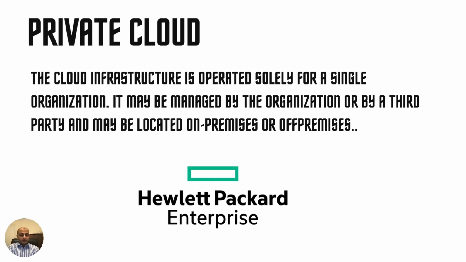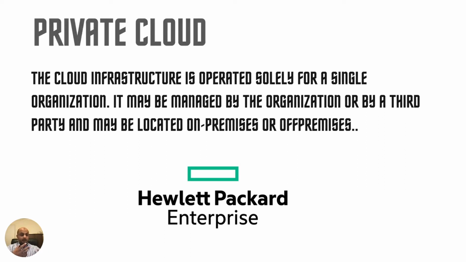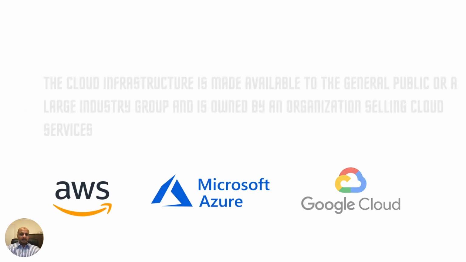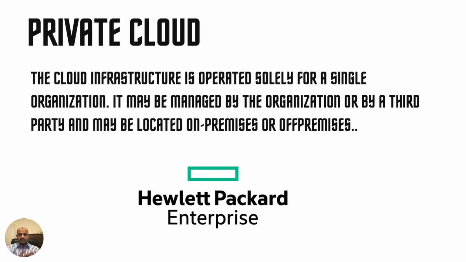Now, private cloud, unlike the public cloud, which is multi-tenant, is a dedicated infrastructure. It's for a single organization, and it's single tenant, so it is inaccessible to those outside of the company. So this is public cloud, multi-tenant. Private cloud is single tenant. So only a company's employees can access the private cloud for your different operational needs. And you can still do the same things. You can allocate resources dynamically and all those other things. But this is dedicated to a single company.